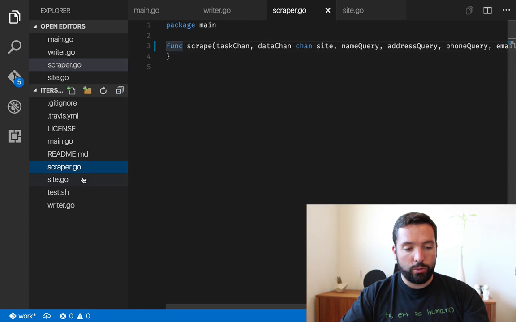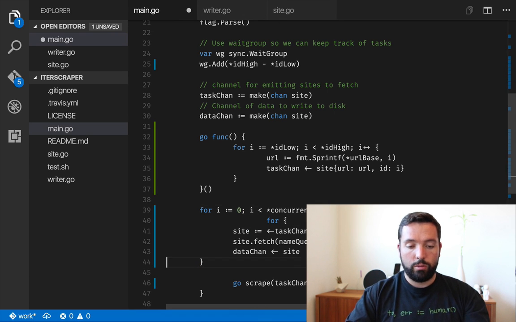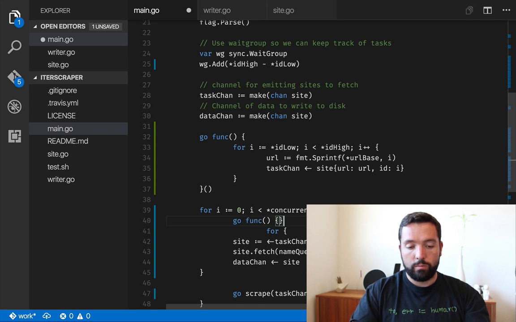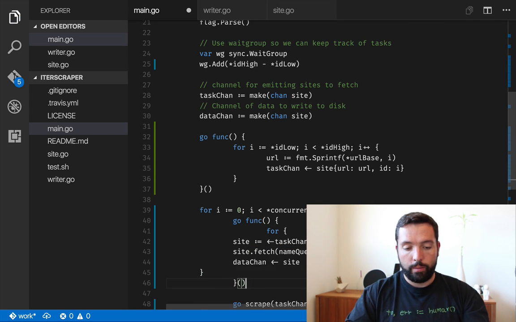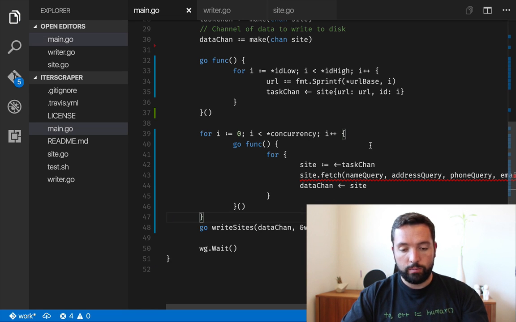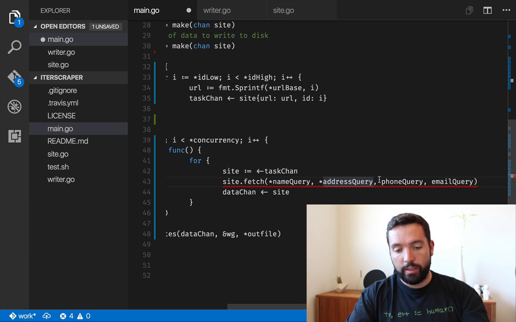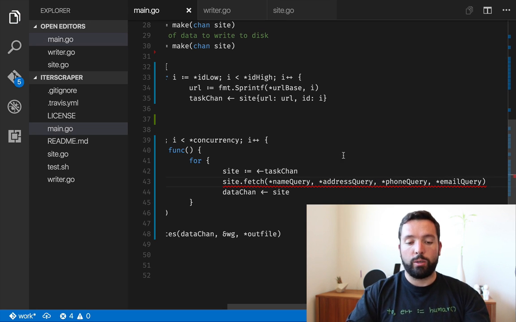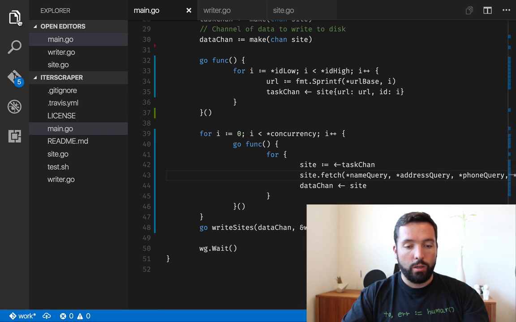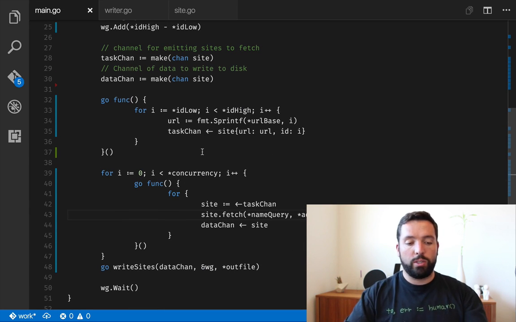So again, I'm going to delete scraper.go and move it to here. So we're going to do again, go func. And I'm going to get rid of all of this. Okay, we need to pass name query, address query, phone query, and email query. Cool. So for now what we've done is basically compact the code a little bit, which makes it easier